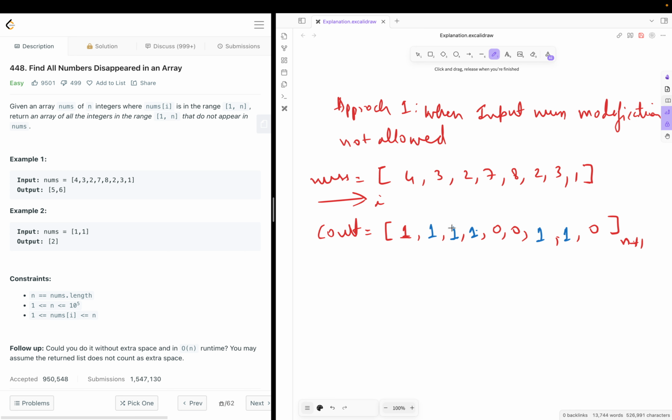2 we have seen twice now, so we'll update 2 with 2. 3 we have seen once more, so we'll update 3 to 2. And there is 1, we are encountering it for the first time, so we will have 1 as 1. So there are two 2's, and in the end we have also encountered 8 again, so that will also increment by 1. So in total we have